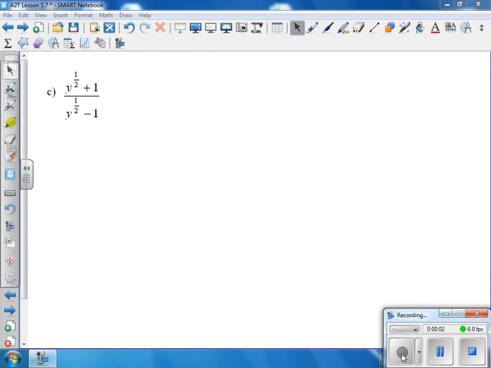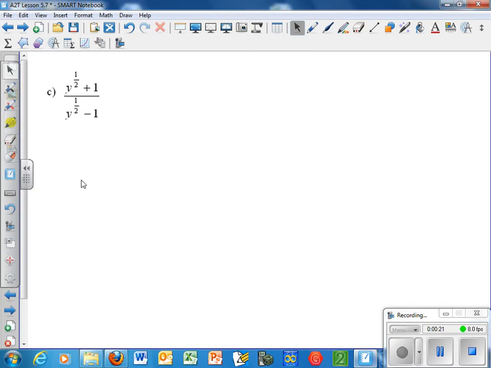Okay, we're going to continue here in lesson 5-7. If you look at this, this is a ratio. We have y to the 1 half plus 1 over y to the 1 half minus 1. Okay, if you think back to the radical terms that we did, for instance, if I had